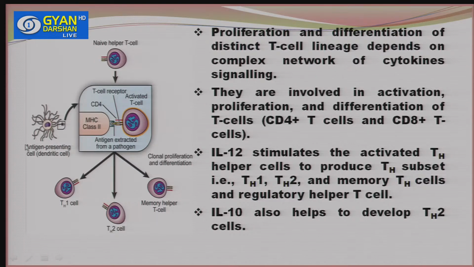They are released by particular cells known as antigen presenting cells, which secrete the cytokines, and through cytokine signaling, ultimately proliferation and differentiation take place. They are involved in the activation, proliferation and differentiation of the T cells, CD4 positive T cells and CD8 positive T cells. And interleukin 12 is a very important cytokine which is released by